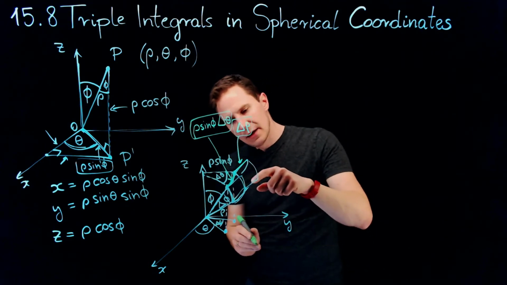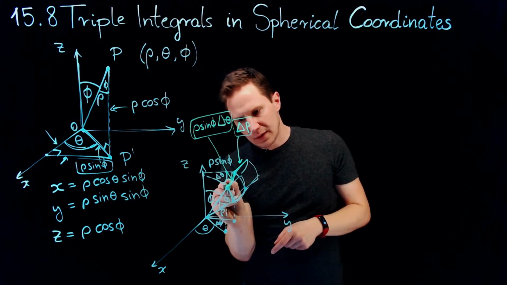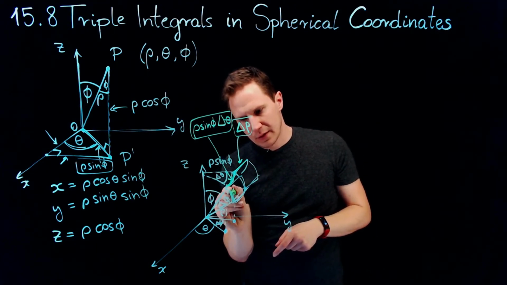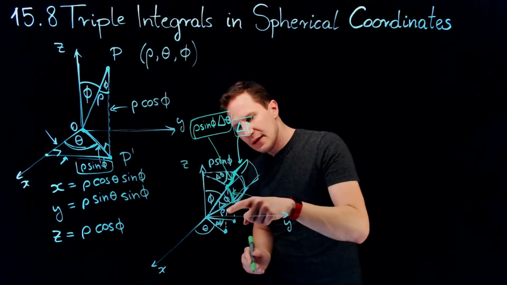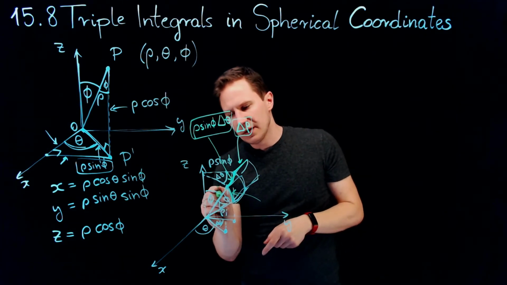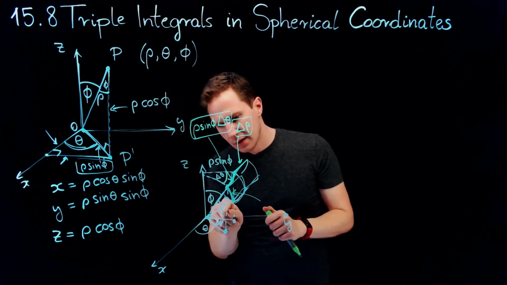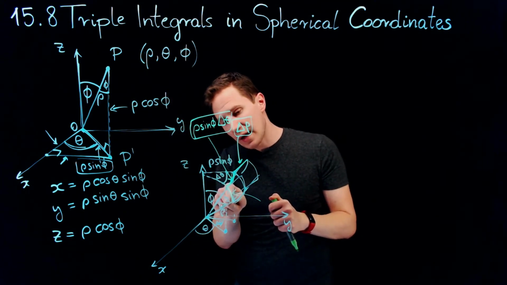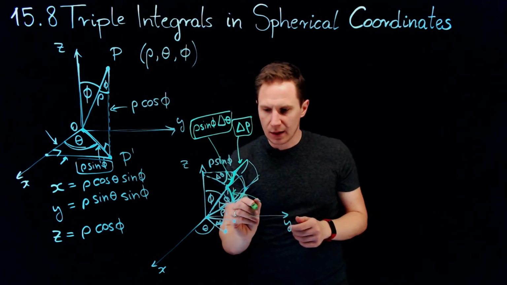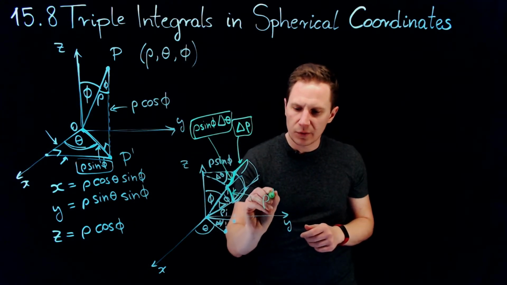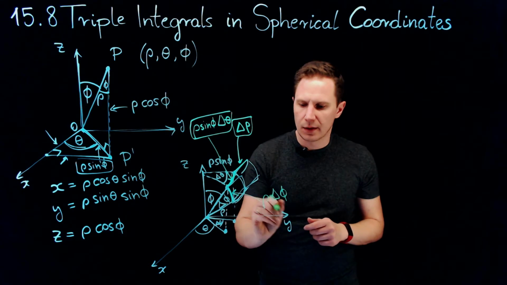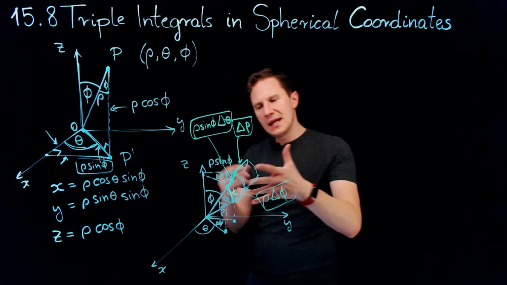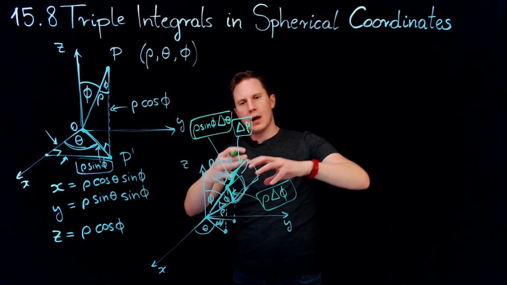And finally, the third length is right here. So that length is rho, is the radius that we have there, and that's a circular arc with radius rho and angle delta phi. So that's going to be rho times delta phi. So these are the three edges of our